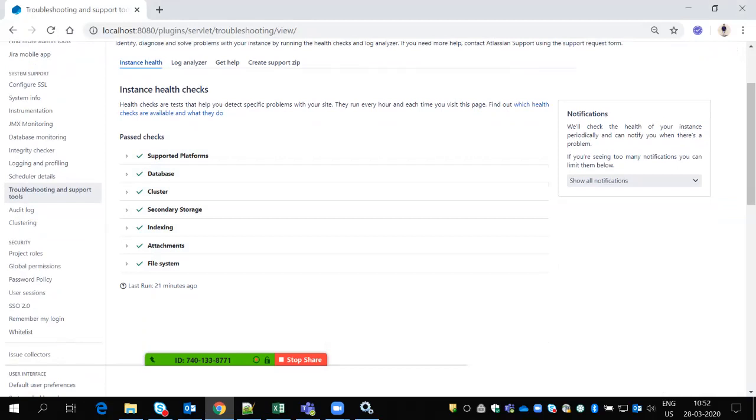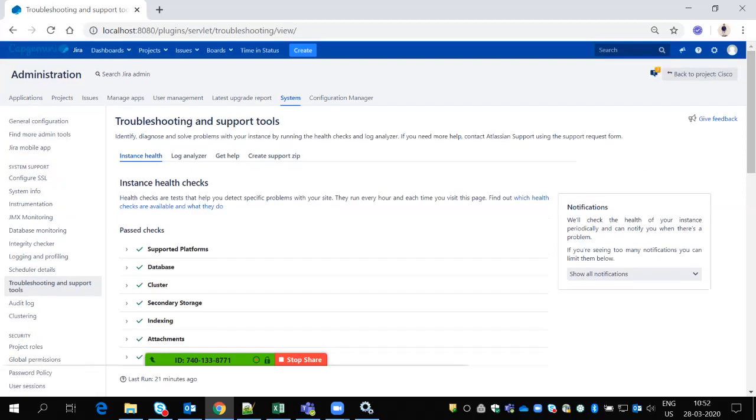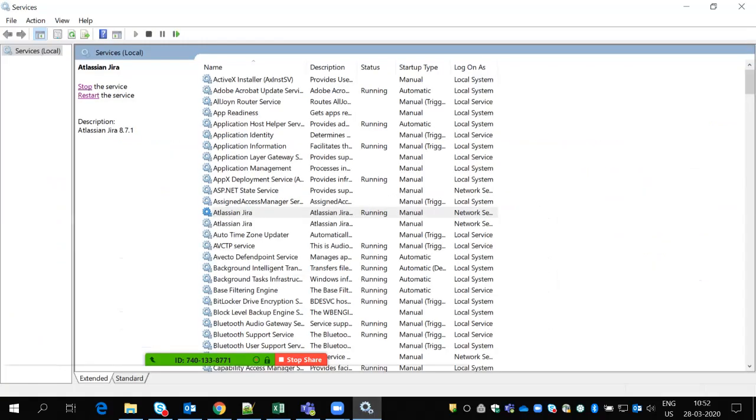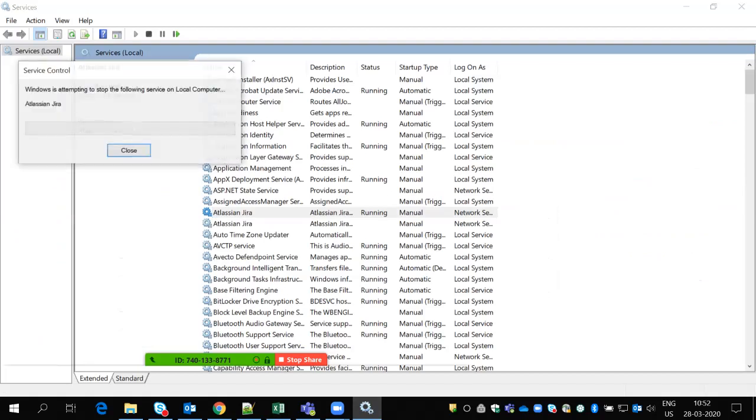Okay, once the health check is done, we have to shut down Jira. How do we shut down Jira? Just go here as well and shut down this Jira. If you do not stop Jira and you upgrade, you will hit problems. So each and every step we need to follow carefully, step by step. If you forget to stop Jira and try to upgrade, you will definitely get an error sometimes. So you have to shut down Jira.